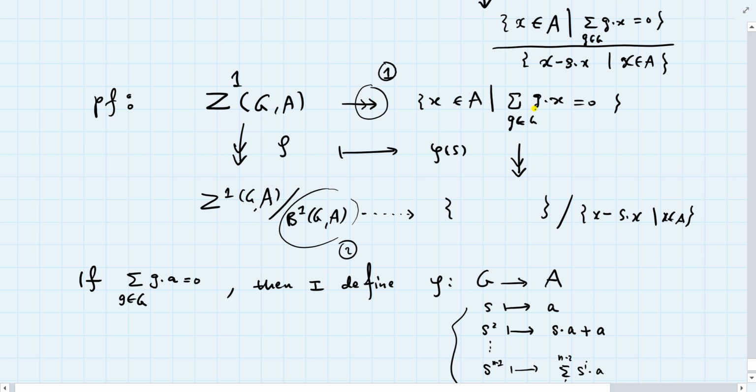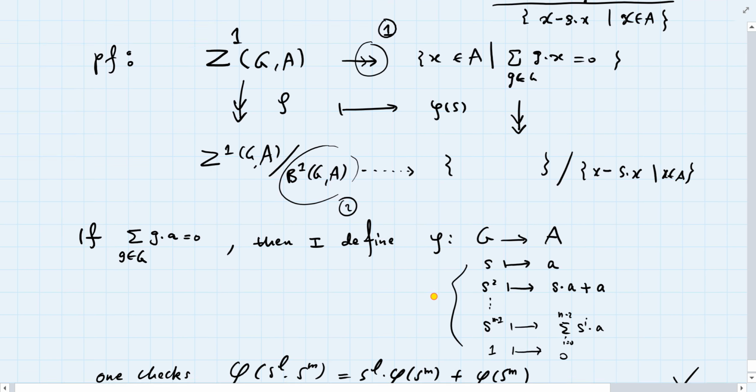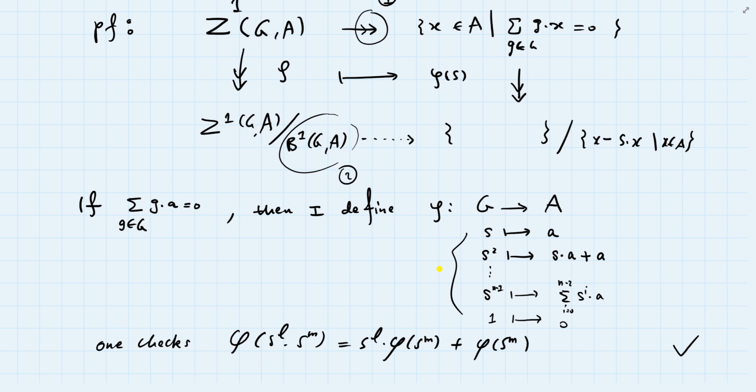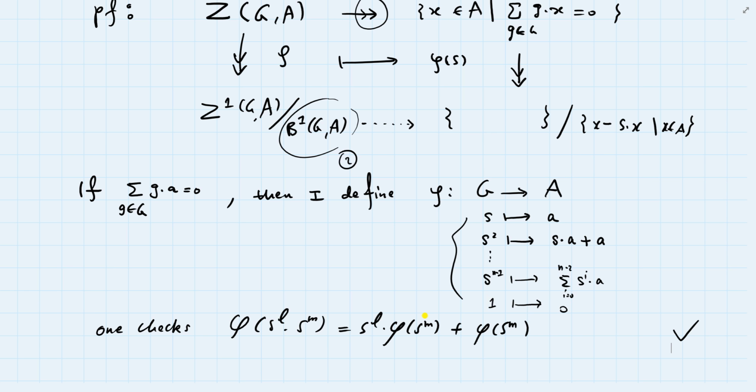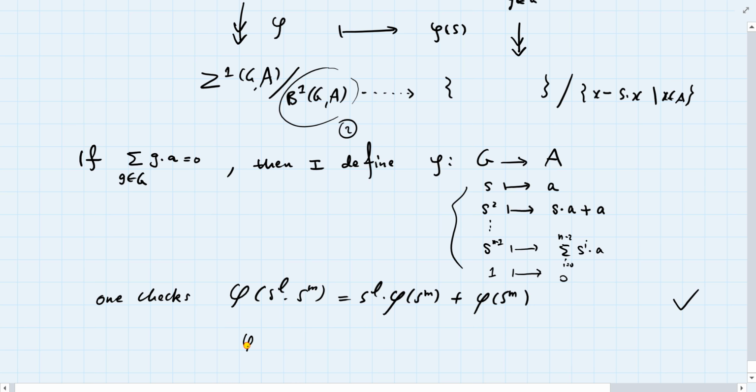An element whose trace is 0 that is also killed by S. Since we are sending phi to phi S, if X satisfies this, it is telling us that phi S